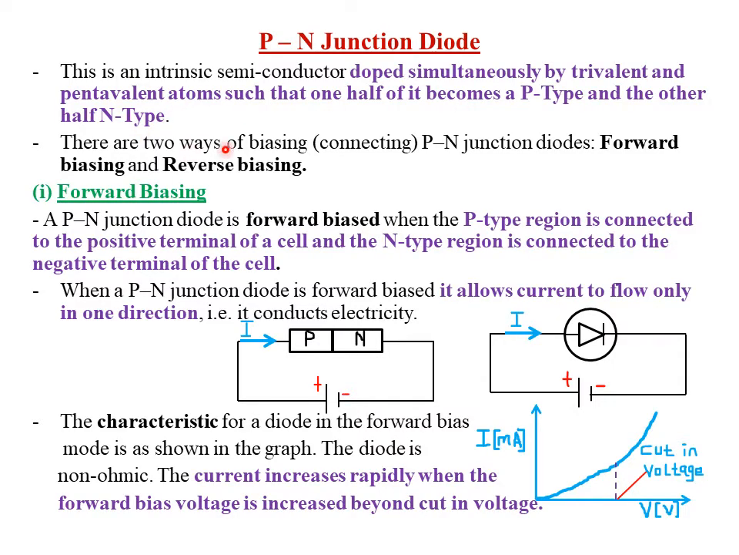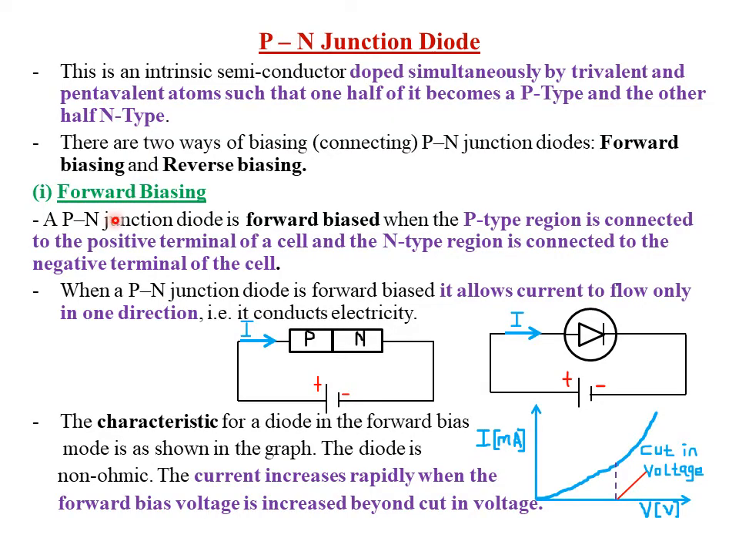Now, there are two ways of biasing a PN junction diode. Remember, to bias simply means to connect. Therefore, we can say that there are two ways of biasing or connecting a PN junction diode. One is what we call forward biasing or forward connection, and two is what we call reverse biasing or reverse connection. So let's start by discussing what we mean by a forward biasing or forward connection of a PN